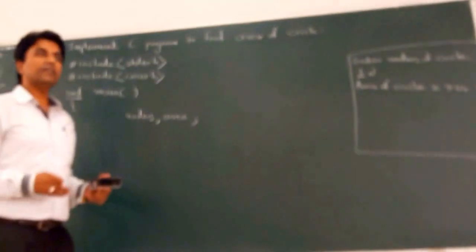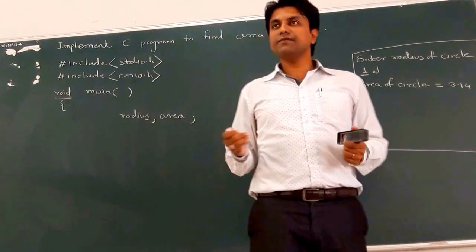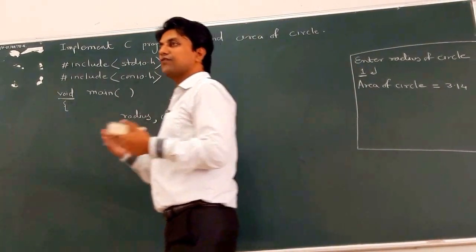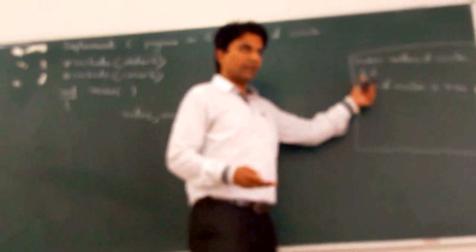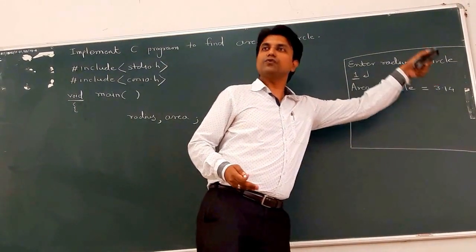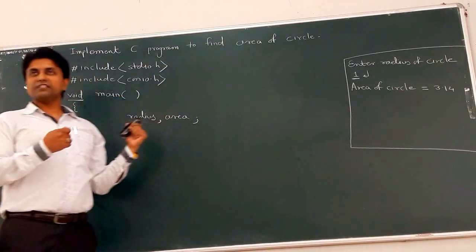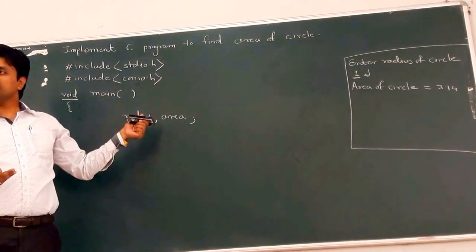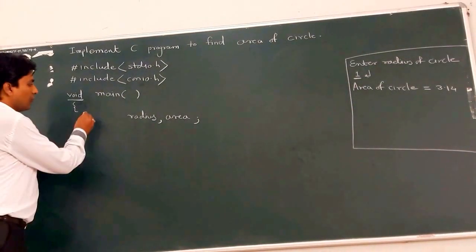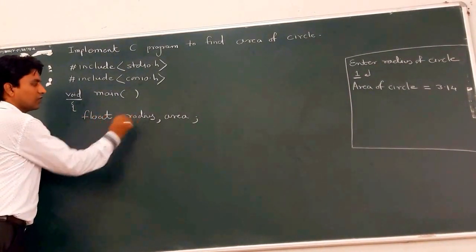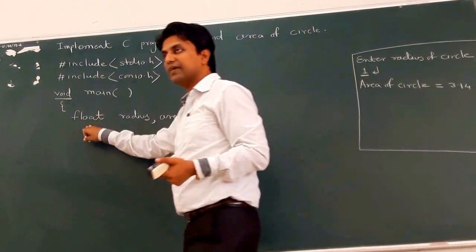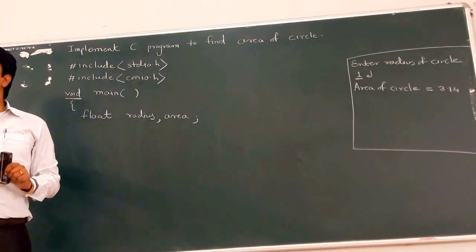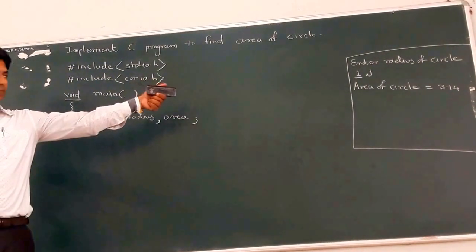After that, decide the data type. Okay, which data type do we want to choose here? Int, float, double, long, which data type? So here, most of the time the area is a float. Area of circle is float because of 3.14 into r. Okay, radius may be an integer, but area is a float. So we can choose float as the data type for both, because the radius can also be 1.2 meter or centimeter, like that. So we can choose float as the data type, so that the user can enter a floating point value from the console.